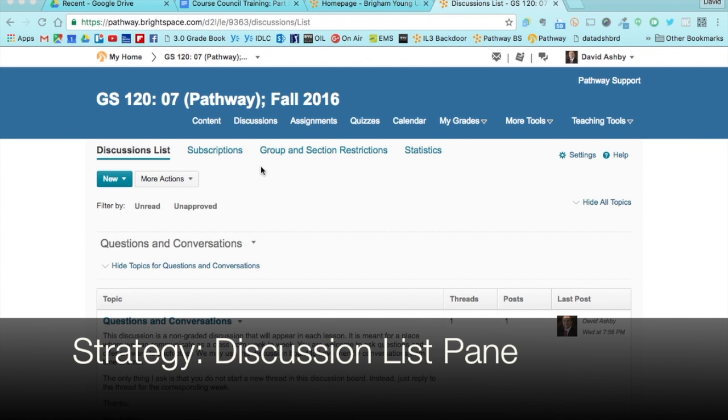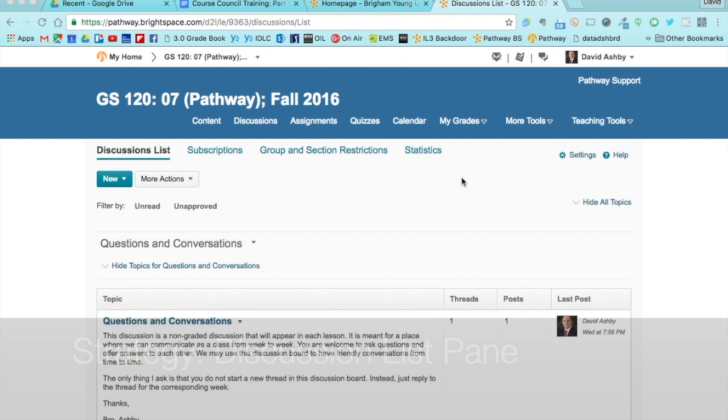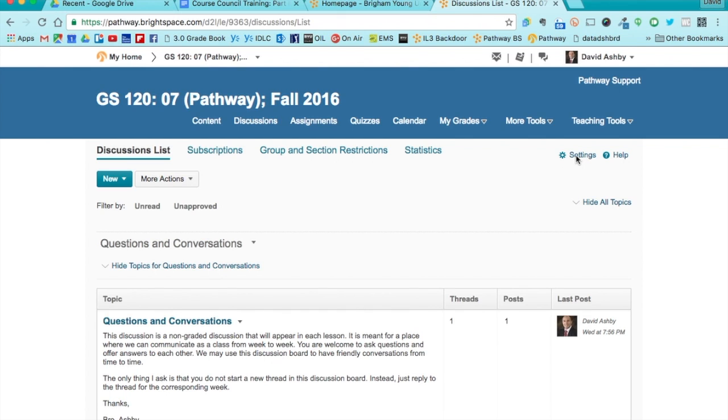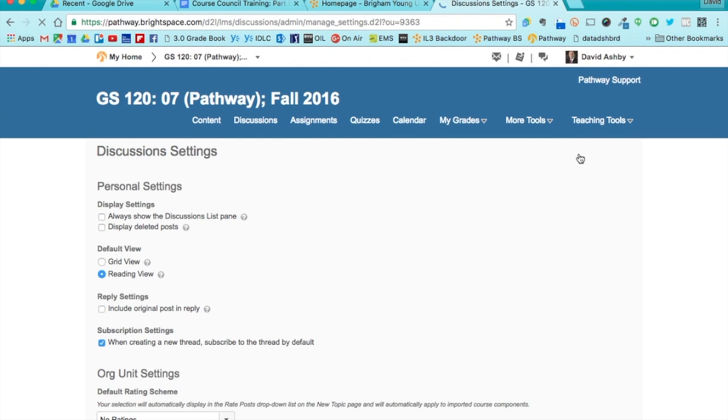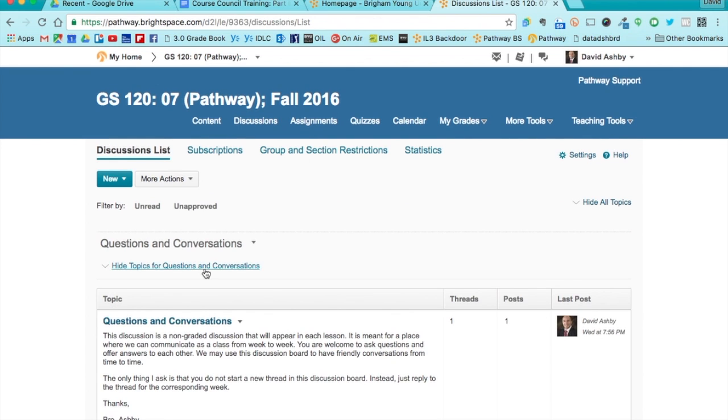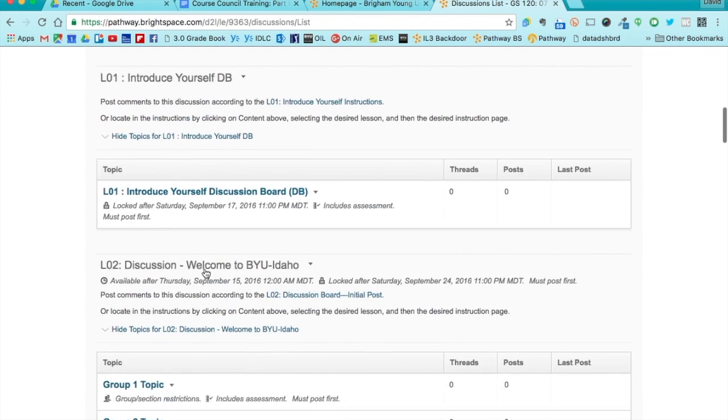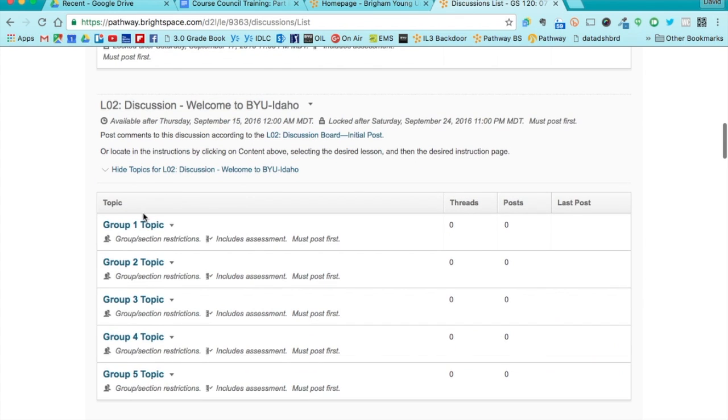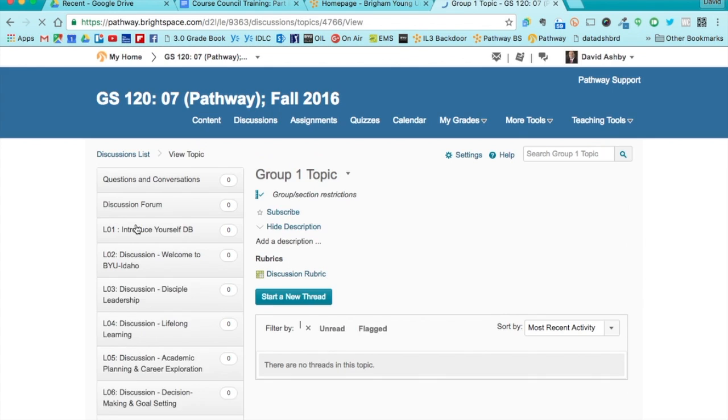So now that you know the structure, let me show you some settings that I really like that help me view the structures and the discussions better. So I'm in the discussions tool again, and I'm going to click on settings right here. And one of the first things I want to show is the discussion list pane. And I'll show you what that does. So if I hit that box and I hit save, I'm going to come in here to my discussions tool, but I want to show you if I click into a discussion topic,